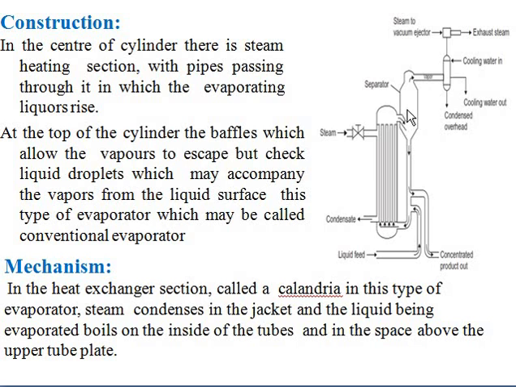Here the steam, we can say the vapors as well as the food product, will be here. This one is the separator. The vapors will be collected from here. This is the cooling water unit, the condensation unit, and the concentrated food product will come out from this section. Clear? So this one is the single effect evaporator.